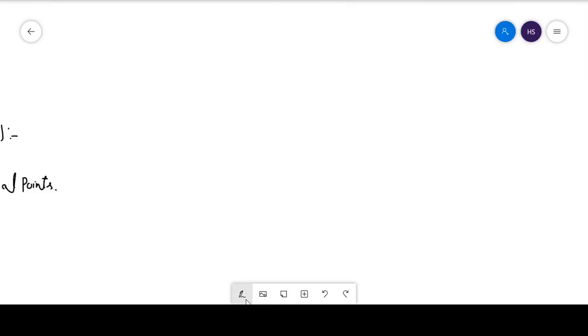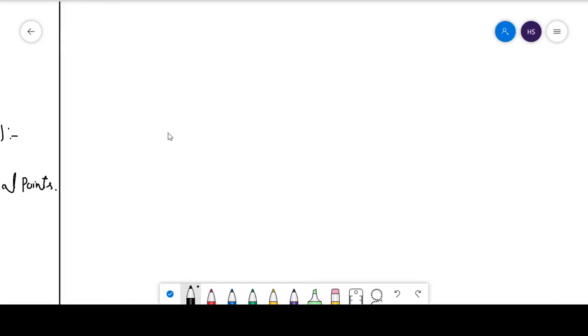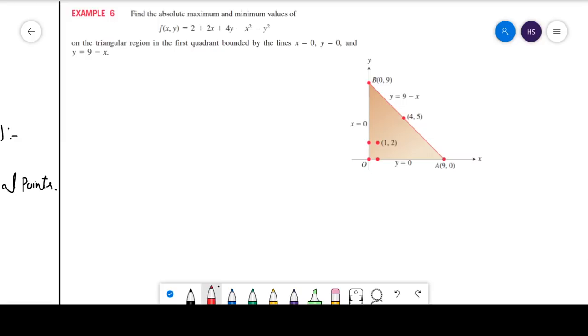and solve a question. So let me give you a question about it. What does it require? Find the absolute maximum and minimum values of these two variable functions on the triangular region in the first quadrant,